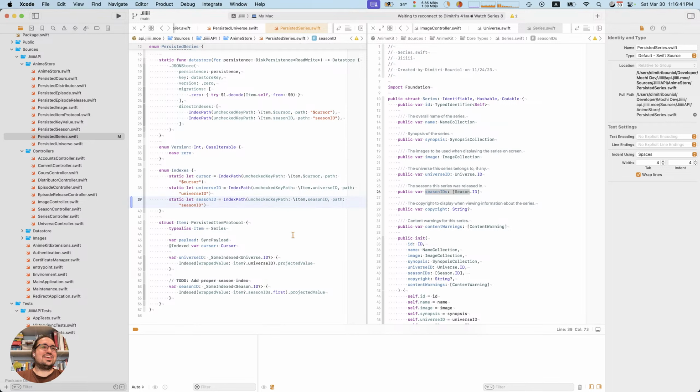Okay. I want universe ID to be indexed. Universe ID lives inside of series. So you want it to be indexed by using your @index, but in some cases, in order to do that, you have to create an index. You have to create one of those data store indexes, and it's repetitive. Yeah, it's very repetitive. Is that the problem? It's very easy to make mistakes.